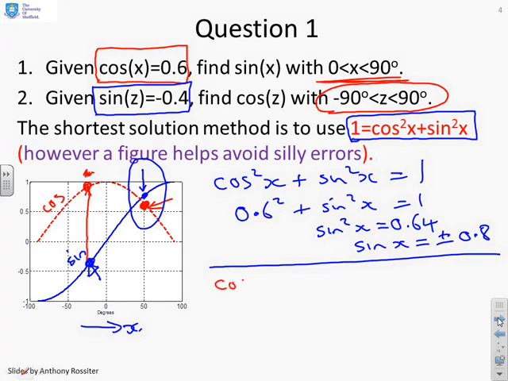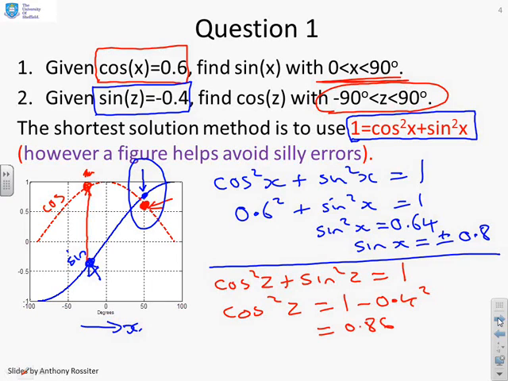So we've got cos squared z plus sine squared z equals 1. I know what sine z is, so I have cos squared z equals 1 minus 0.4 squared, which is 0.84, and therefore cos z equals, now clearly it's going to be the positive square root of 0.84. We can see that from the figure. And hopefully you'll see that with these solutions I didn't need a calculator, because I haven't been asked to actually find the angle. I've just been asked to find sine x or cos z. So I didn't need a calculator. I could just write down the solutions